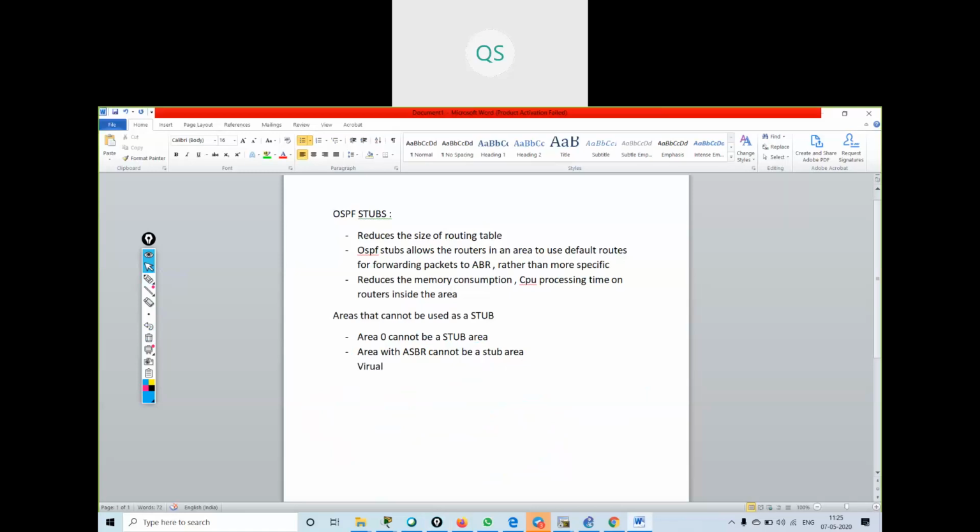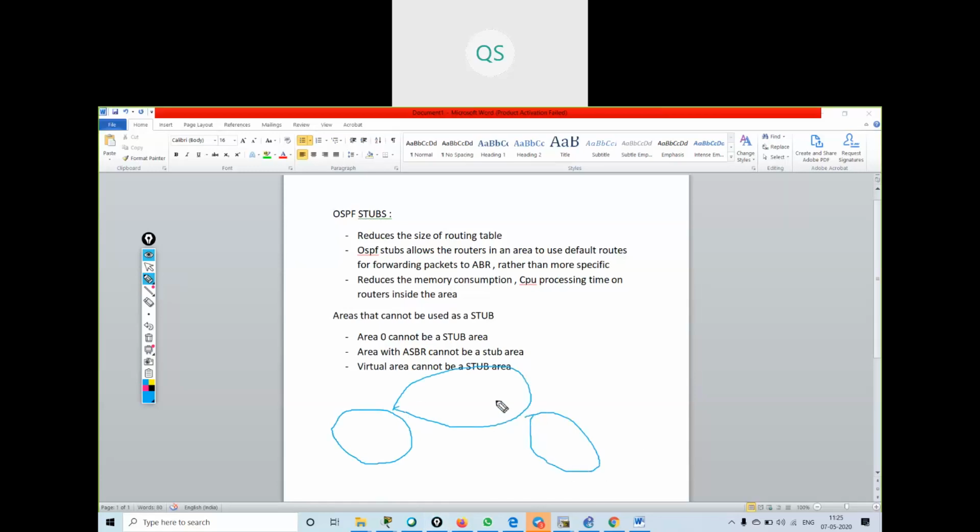A virtual area cannot be a stub area. If we go back to our previous concept of virtual areas, we had one area over here, another area over here, and one area over here.